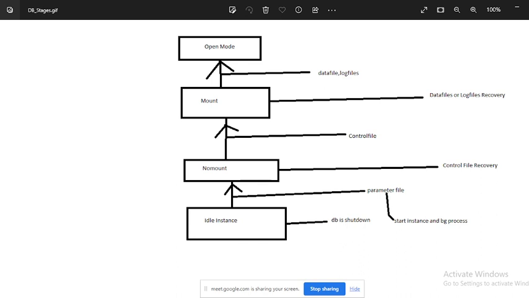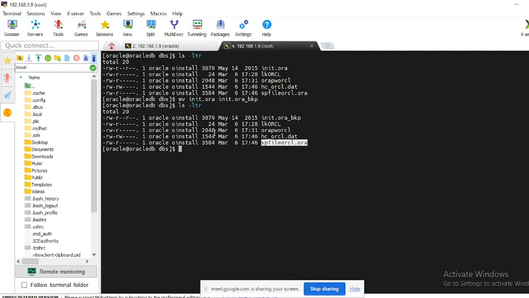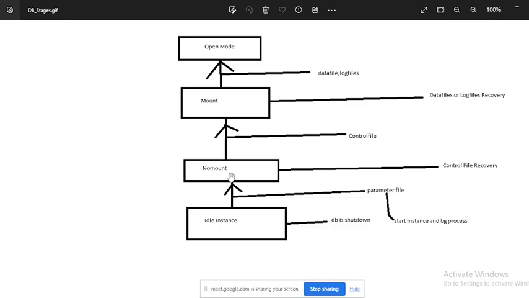So always remember that when your database goes from idle to nomount, at that time it will look only for the parameter file, and if it gets the parameter file on this location, your database will go to the nomount stage. On the nomount stage, your database instance will be started and your background processes will be started.